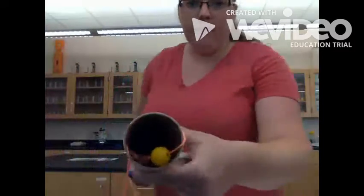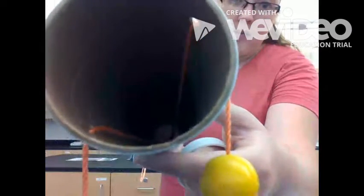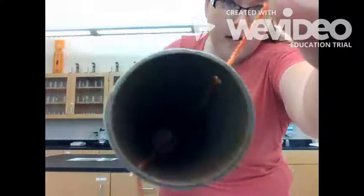If you look in here, oops, the yellow bead came in there. If you look inside, both strings are attached to a washer. Both strings are internally attached to a washer. So if you guessed that correctly, then congratulations at that point, because you